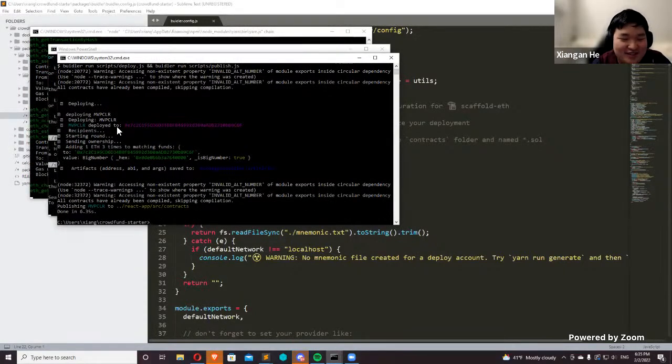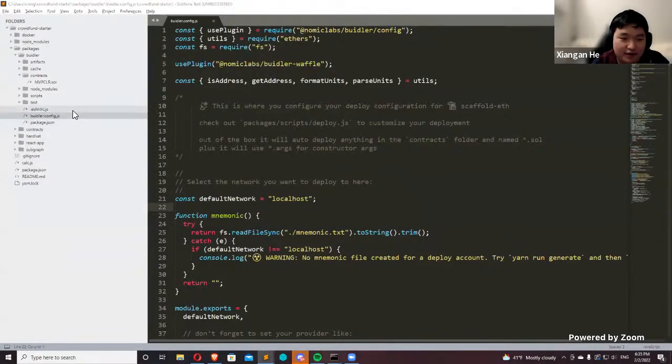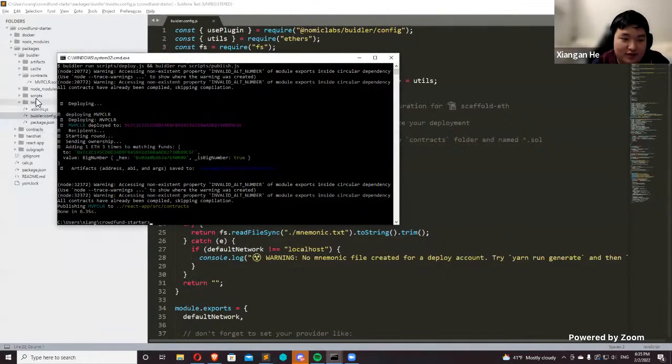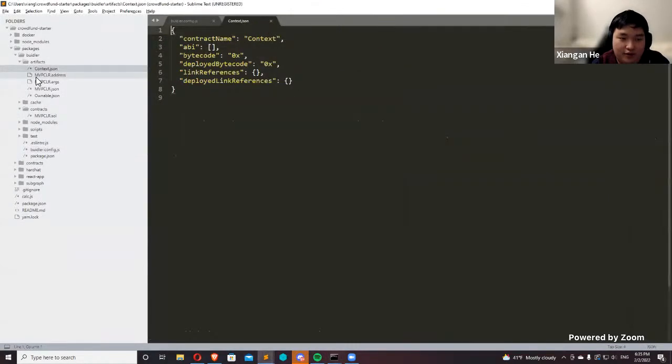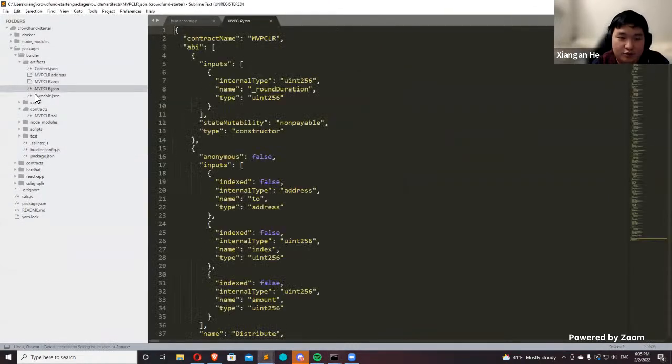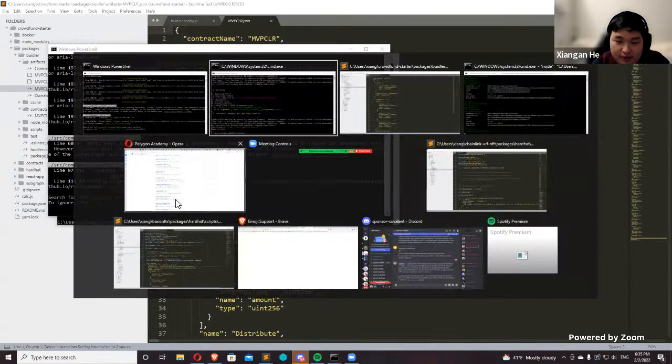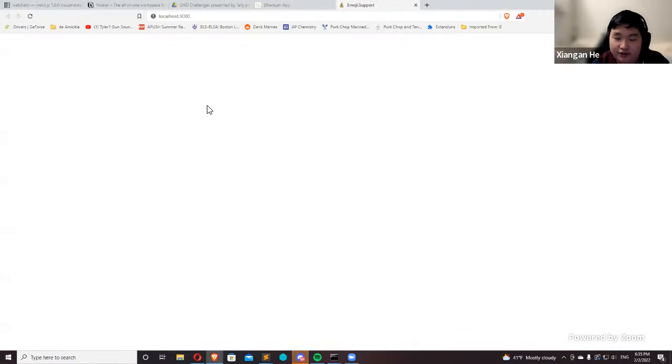So we're just going to deploy this really quickly. It was deployed, and the various artifacts, like the contract address and your contract ABI, were all saved to this artifacts folder, which is pretty cool. Yep. So if we just hop on over here to the Brave browser, which is my default browser,